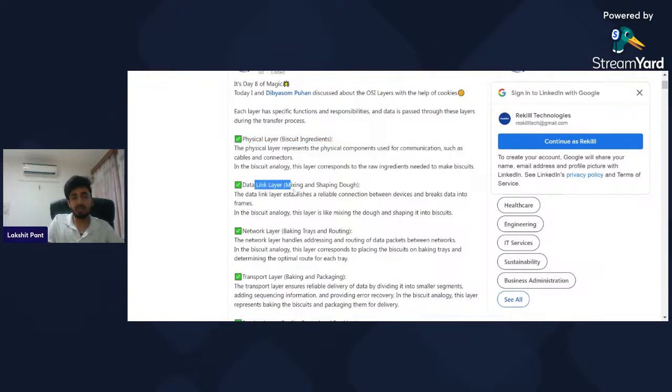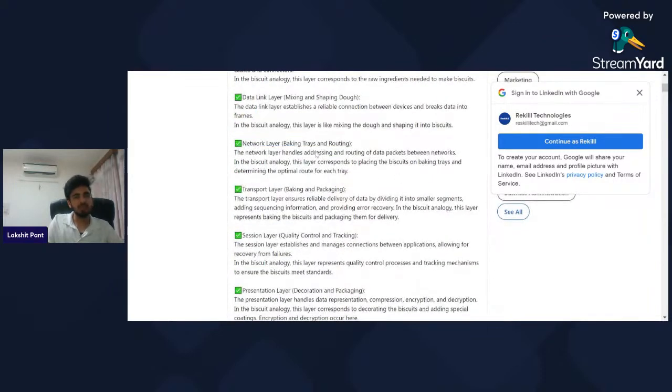Then there comes the data link layer that helps in managing the network connection. It makes sure that two networks are connected to each other, there is no break, and it ensures the connections, right? In the biscuit analogy, it's more like mixing the dough and shaping it into biscuits. Then we go to the network layer,